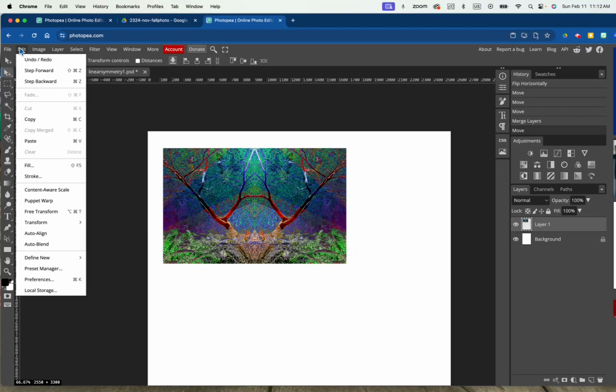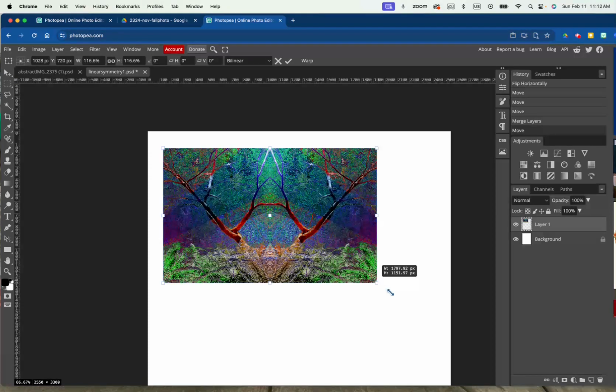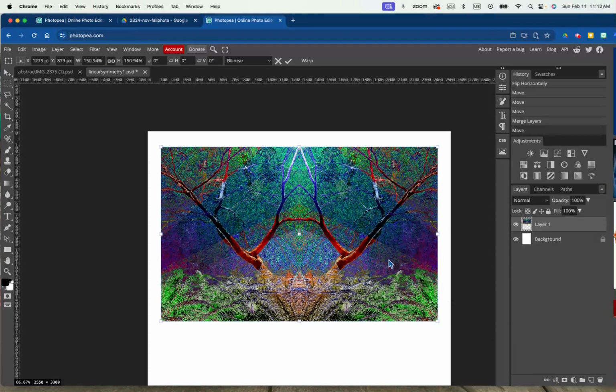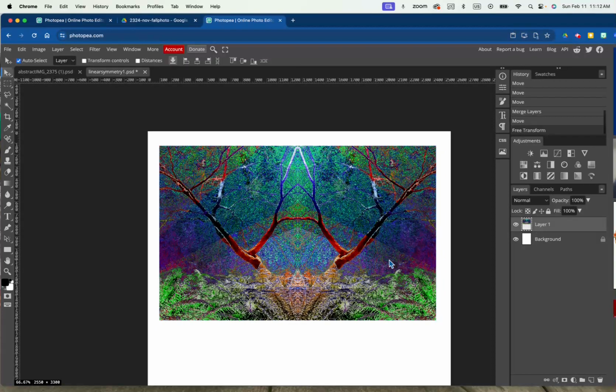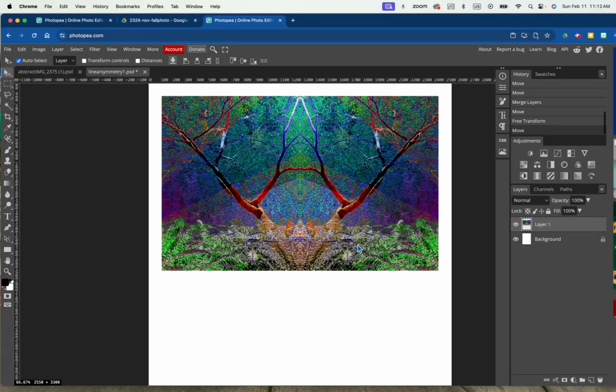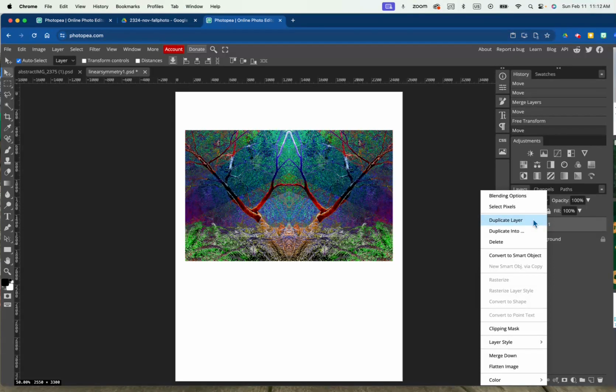Now I can move this as I want. I can go edit, free transform. It's in one layer now. I can make this a little bit bigger. And so I can see what's going on a little bit better. All right, now I get to do this again, but I'm going to flip vertically. I'm going to flip down. So again, duplicate the layer,